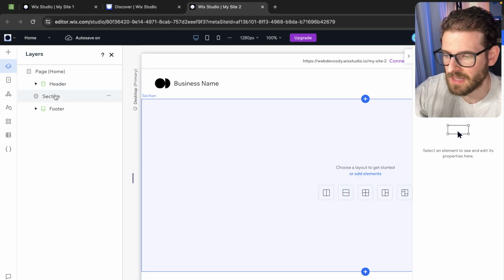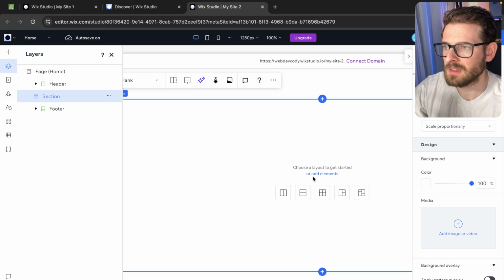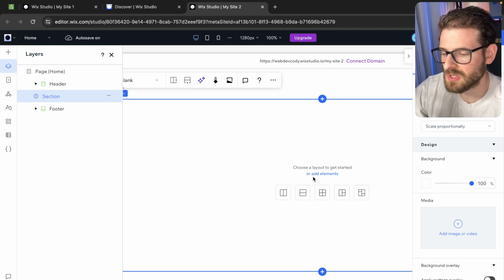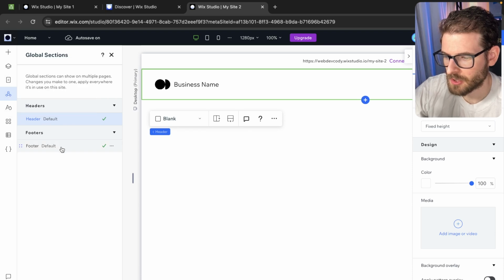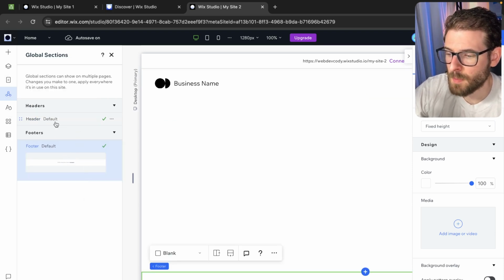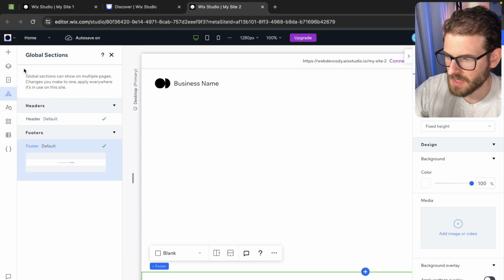So in these different layers, you can click on them and we can start doing stuff such as adding left and right content, adding images, etc. But the header itself, this is a kind of a global component. So if I go to global sections over here, notice that the header and the footer show up. And these are basically sections that will show up on every page. You can modify it and have it not show up on particular pages. But these are some of the things that we're going to start with,